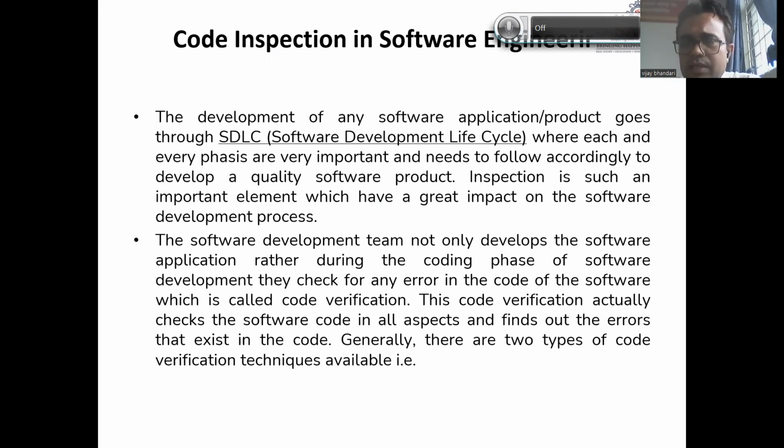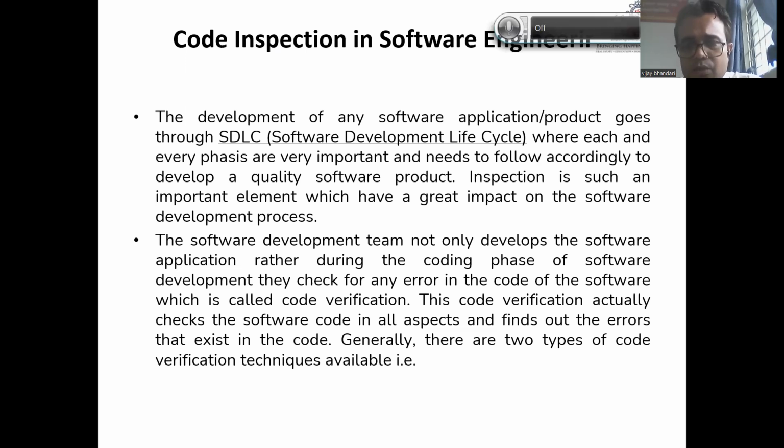The software engineers program code to empower a technology product to perform certain tasks. Code inspection is a verification technique that evaluates the precision of the code within the product. Comprehending the importance and steps of code inspection can allow you to build a quality software product that satisfies the client and